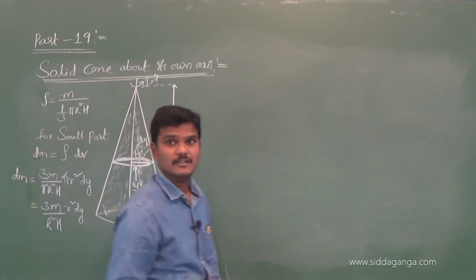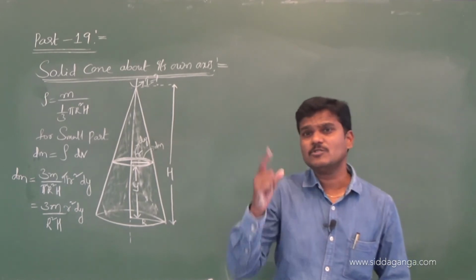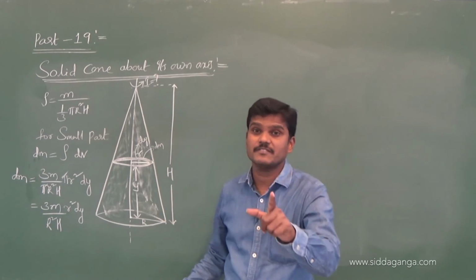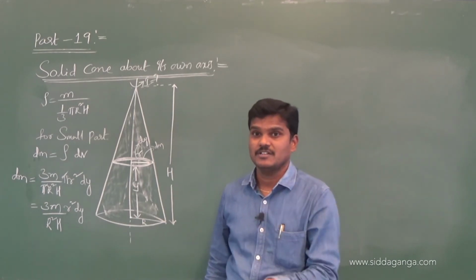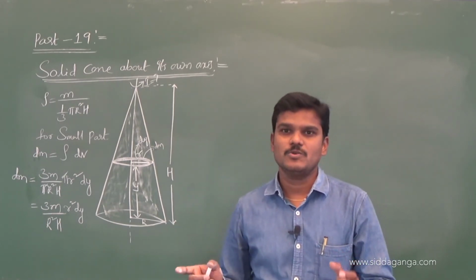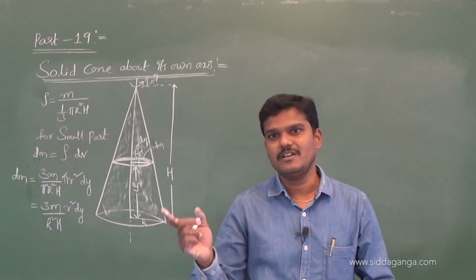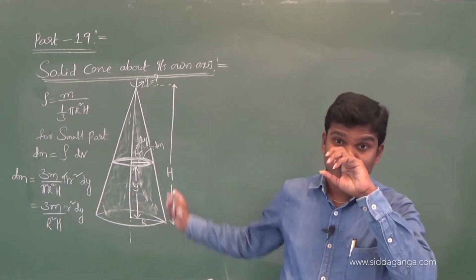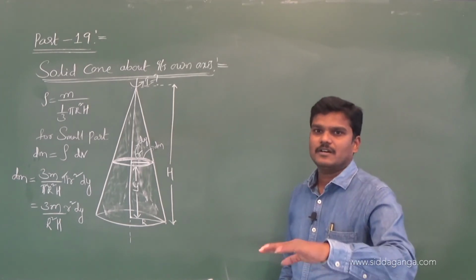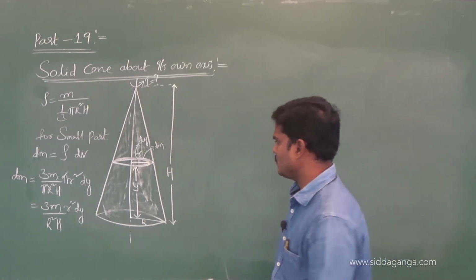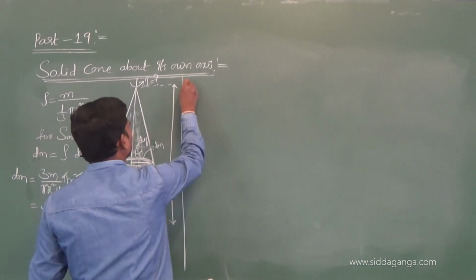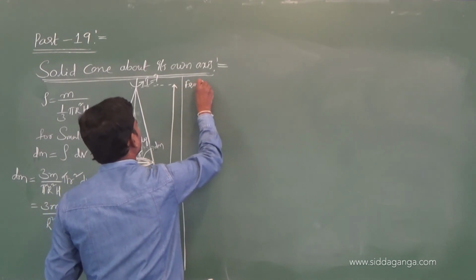Small r is a variable, and y is also a variable, because if you take it here r is different, and if you take it downside, r is different. That's why small r and height both vary. So these are two different variables. Let us convert the two variables into any one term. You can convert r into y, or y into r. Using this diagram, let me find the link from the figure.